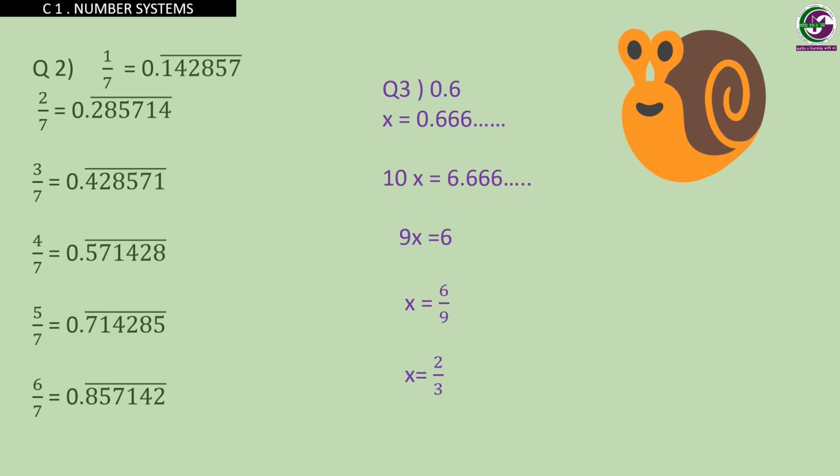And this is already done in slide 3. You can get back and understand it. Now let us see another question, 0.47 bar. So first of all, we will replace the question by a variable x is equal to